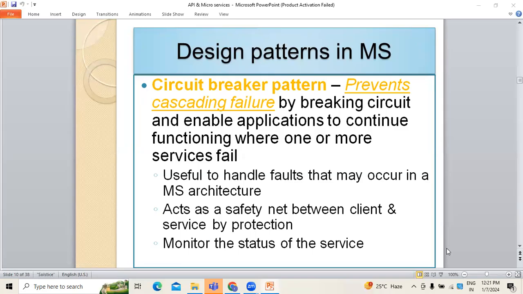Majorly, this is the one which will prevent cascading failures by breaking the circuit and enable applications to continue functioning. If these functionalities were interconnected, the major disadvantage is that if there are any changes to be made in a specific functionality which is long in terms of the functionality,